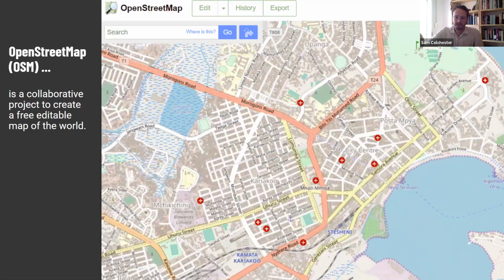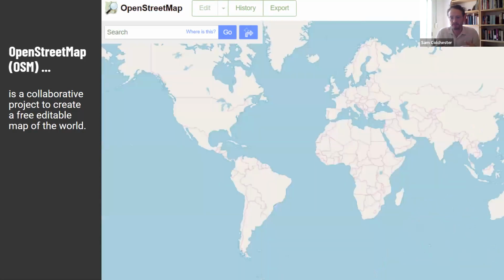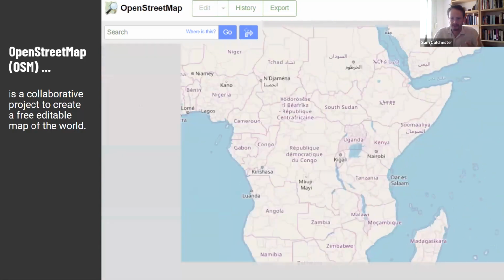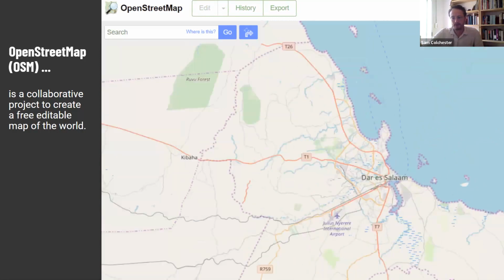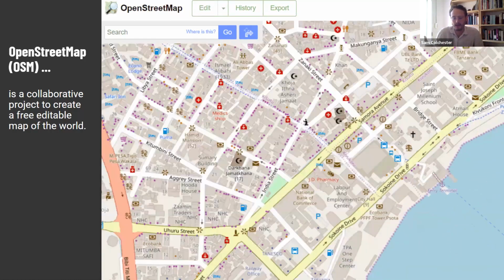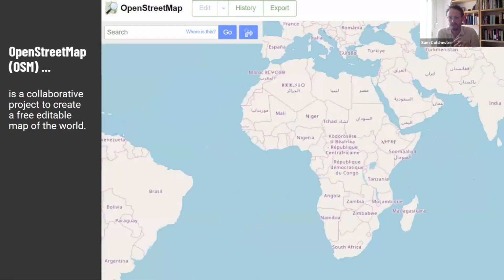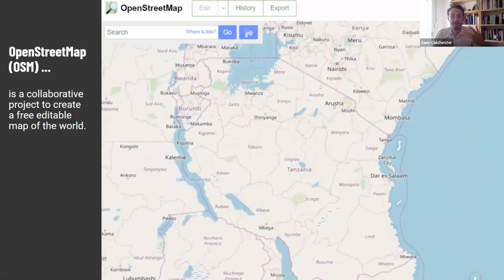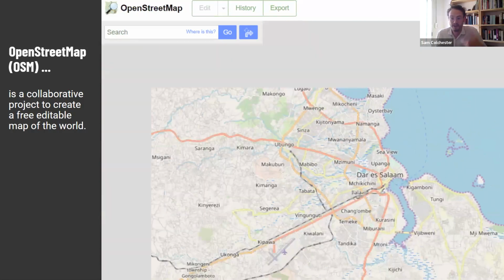Now, the kind of slippy web map that you're seeing here is just one way of visualizing OpenStreetMap. OpenStreetMap is actually best described as a database. Okay, it contains a lot of information, and actually you're only seeing some of the information on the front end and the website you're seeing here. There's lots of other things it picks up that aren't visible here. For example, power networks. It also picks up oil infrastructure, telecoms networks. These things are mapped by people. They're just not necessarily represented on this public-facing map. But all of that stuff is accessible.